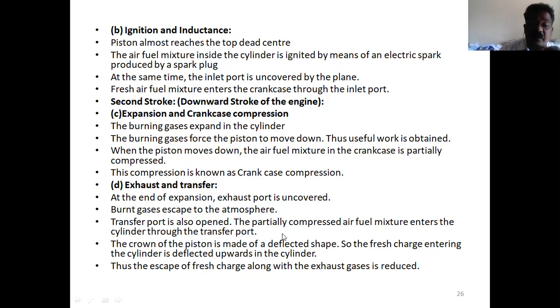So this is happening during the downward stroke. Okay, that is why the crown is made of a deflected shape. Thus the escape of the fresh charge along with the exhaust gas is reduced.